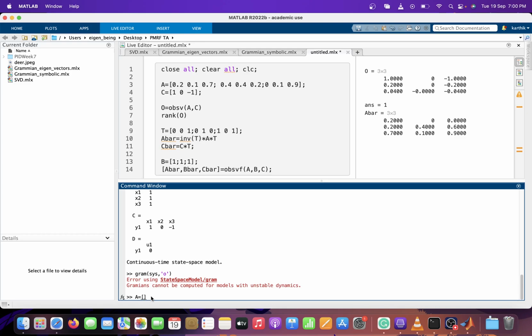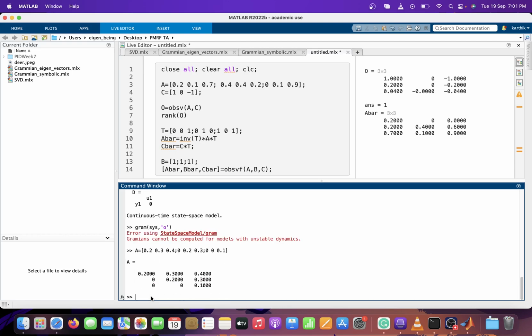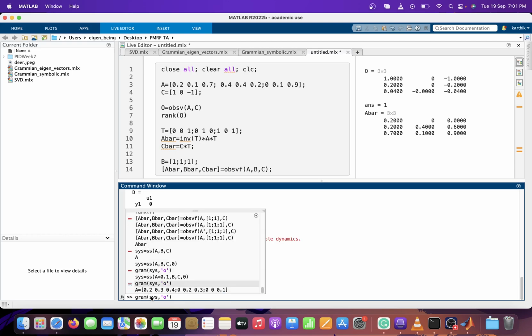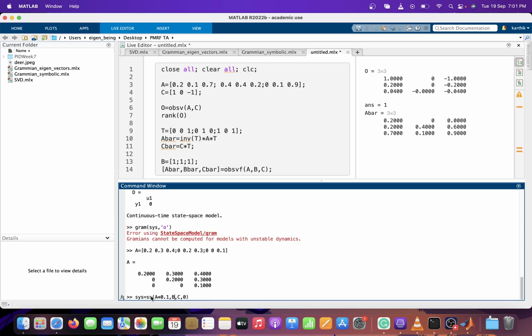If I give a random 0.2, 0.3, 0.4, 0, 0.2, 0.3, 0.4, and 0, 0, 0.1. Now if I check, yeah, the Gramian cannot be computed for unstable dynamics,